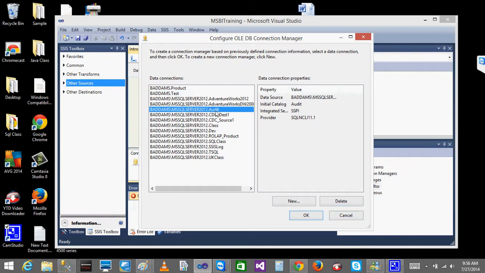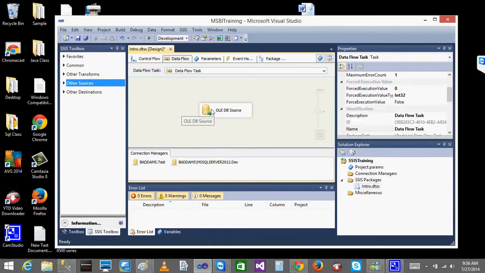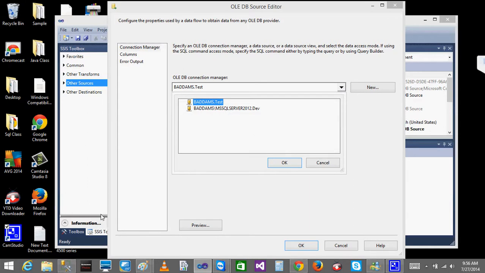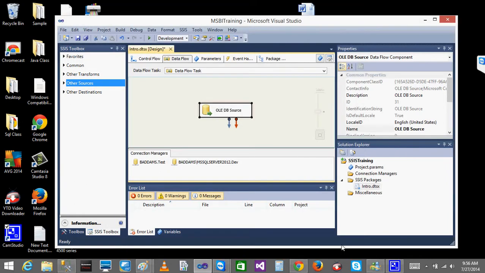Okay, let's say I have created one more connection. I have already created this server, so I'll just select this. Done. I got the other server name also. When I click this, if I want to get the data from another server, whatever servers I have created connections for, you can see all of them here. Whichever you want, you can select it. I just click cancel. Whatever connections you make, you can see all of them below in the connection manager tab.